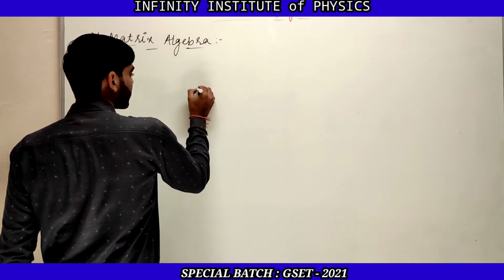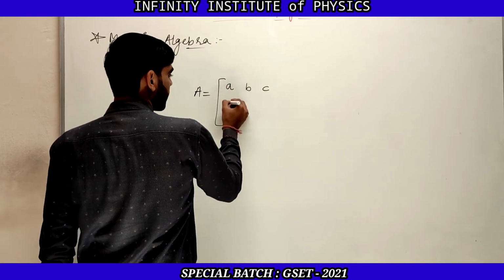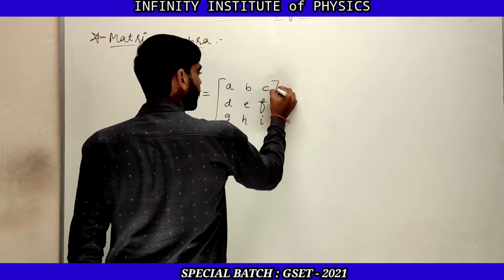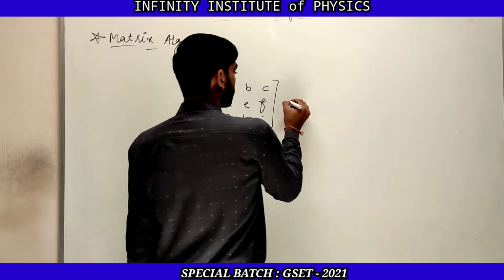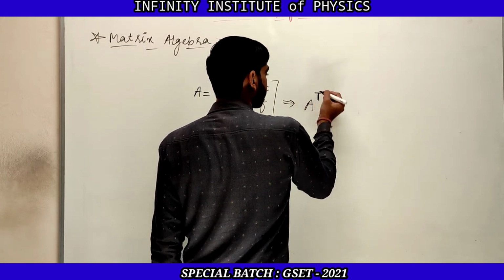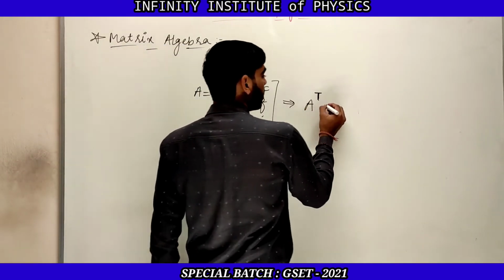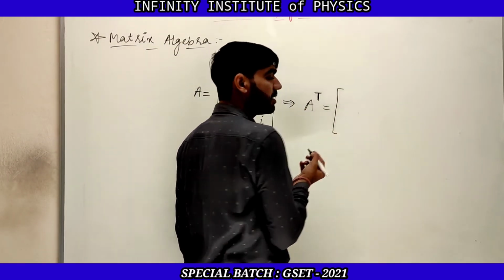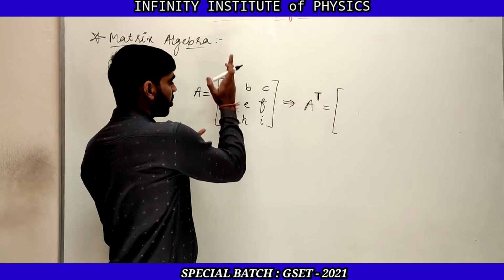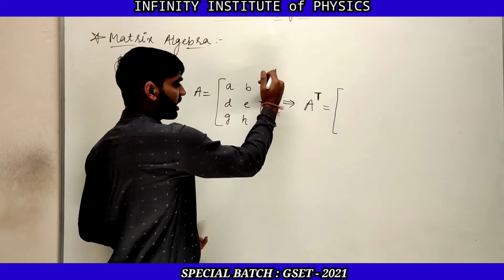Suppose we have a matrix A, let us take 3 by 3: A B C, D E F, and G H I. Then the transpose of the matrix is denoted by A power T, and it is defined by just transforming the rows of the given matrix to columns and